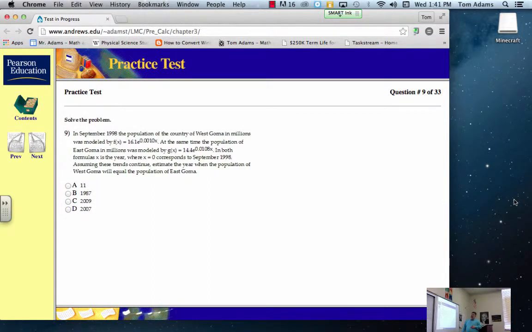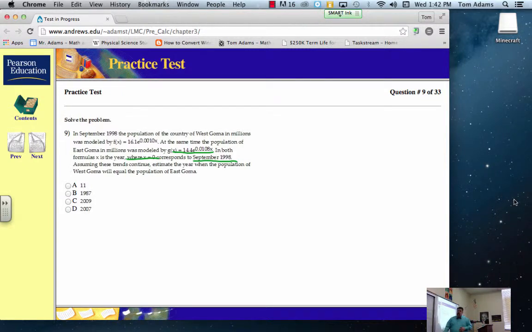In 1998, the population of West Goma is modeled in this particular model, right? And then this particular model here is the East Goma in millions. And so what we know is that when x equals 0, it is 1998. And so assuming that these trends continue, estimate which year the population of West Goma and East Goma are equal